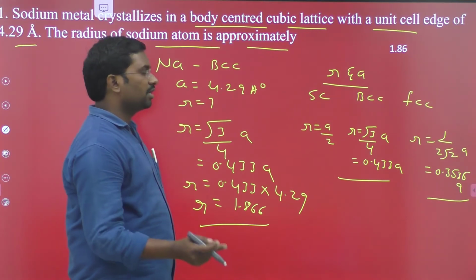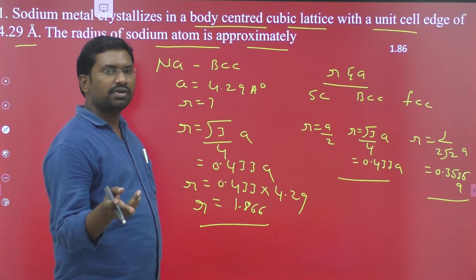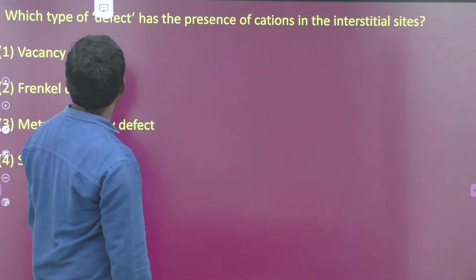So it is important, the relation between r and a or d and a, and the density of the unit cell. Definitely questions will come based on these concepts. And coming to the next one,